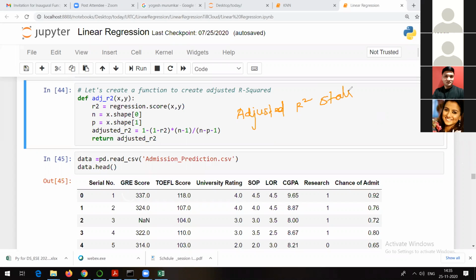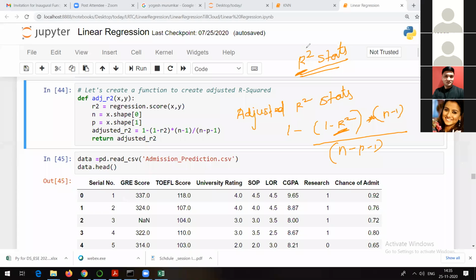The formula of the adjusted R square statistic is something like this: 1 minus (1 minus R square) times (n minus 1) divided by (n minus p minus 1). I will tell you what all these are. This R square is called the R square statistic, which is present by default in R. For now, as I told you, you take it as the accuracy of your model.